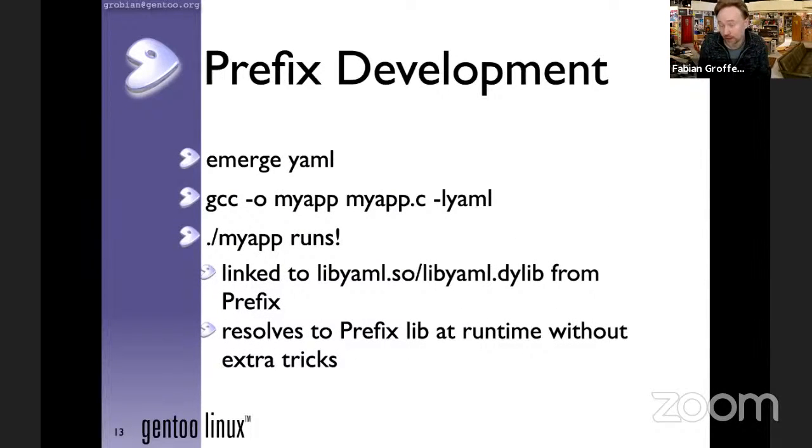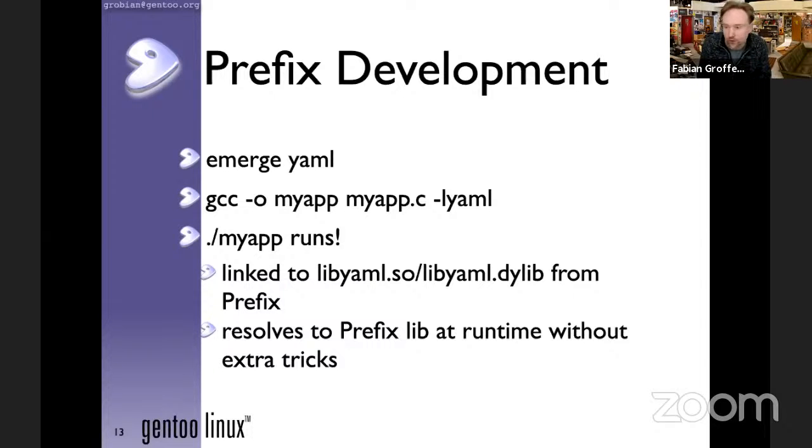So how we would do this example that I had before: in Gentoo there is a tool called emerge. Emerge is basically the tool like apt-get or yum, the one where you just say, I want this package or remove this package. So in our case, we just emerge libyaml, or whatever it is. It will do its thing, compile libyaml from source, and install it, all set up for the offset directly in the prefix.